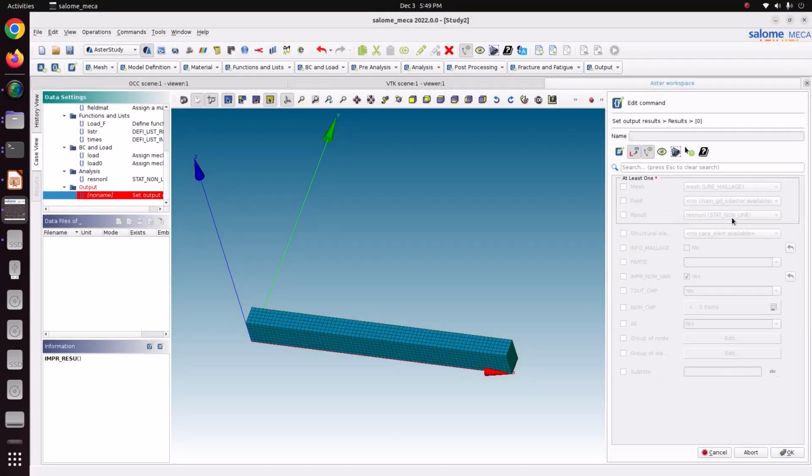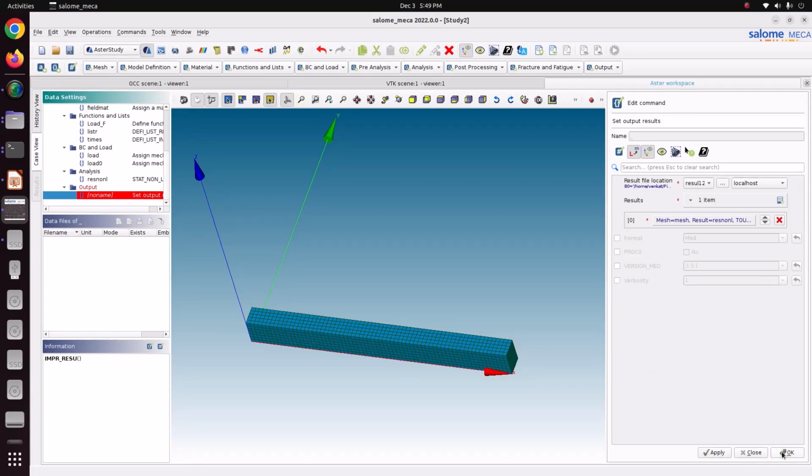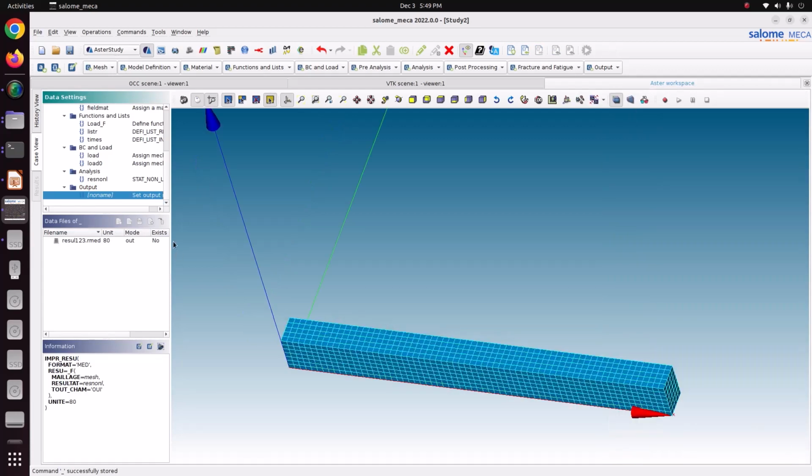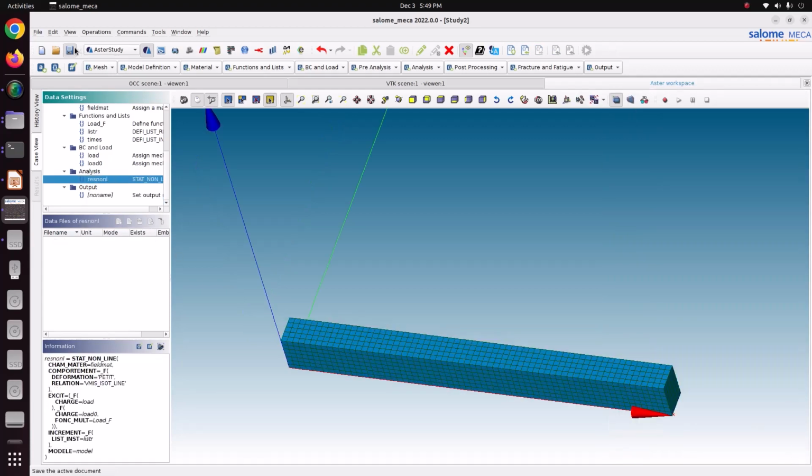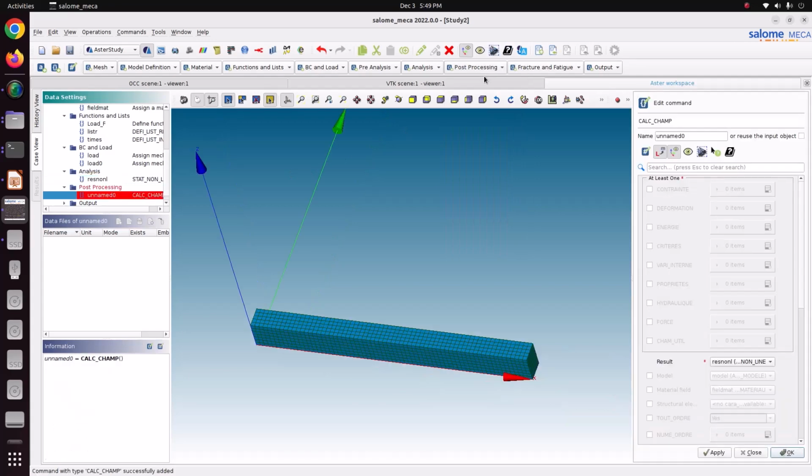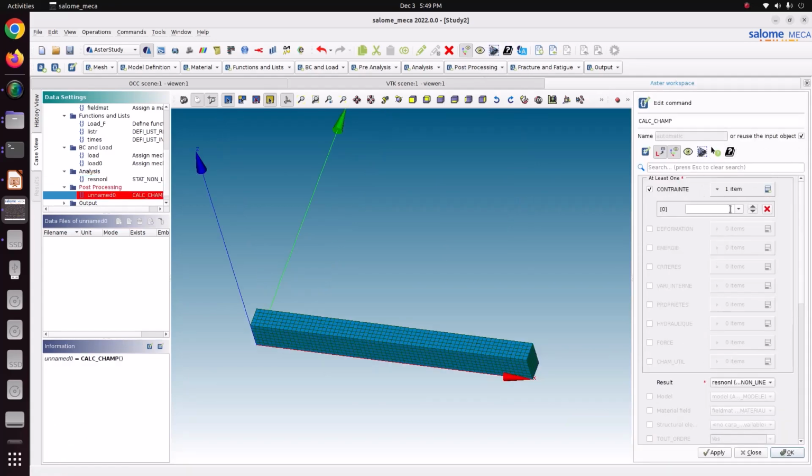Here you just go here, edit. Now we can choose stress also. Directly you just go to post processing, call champ, reuse the input, sigma elno,